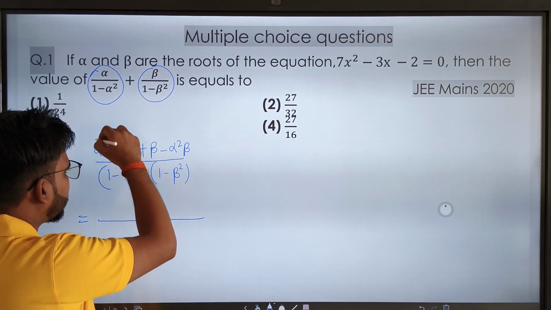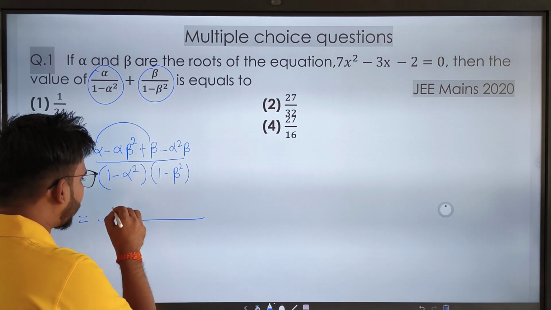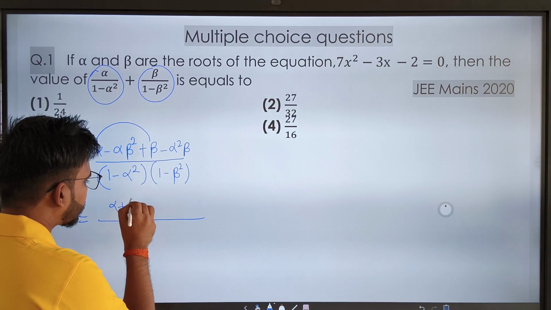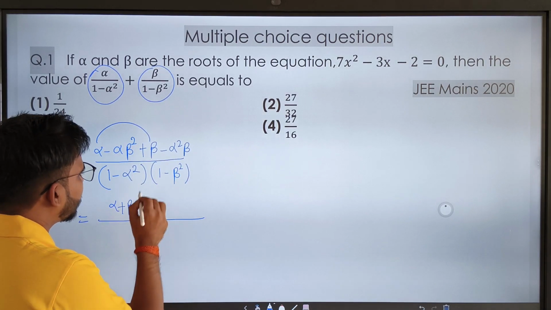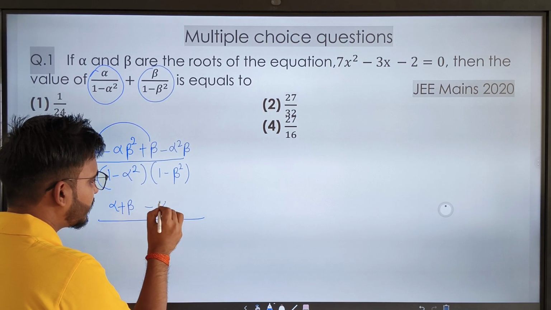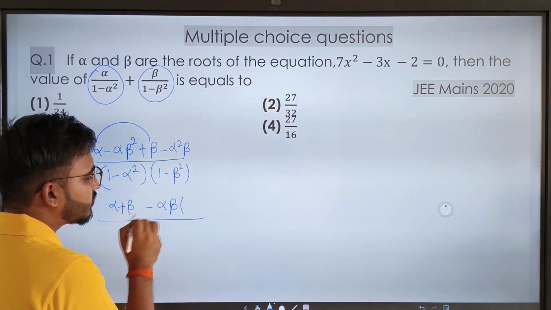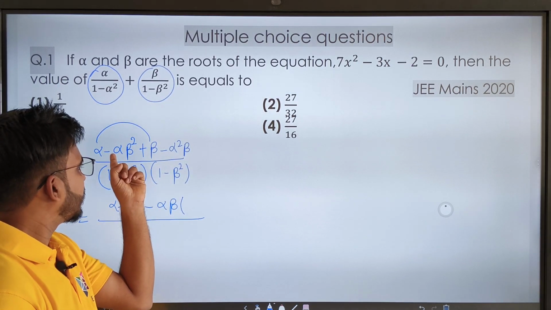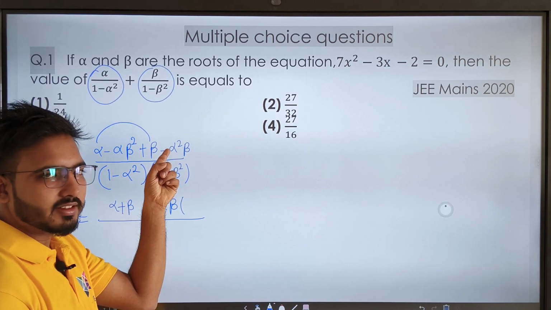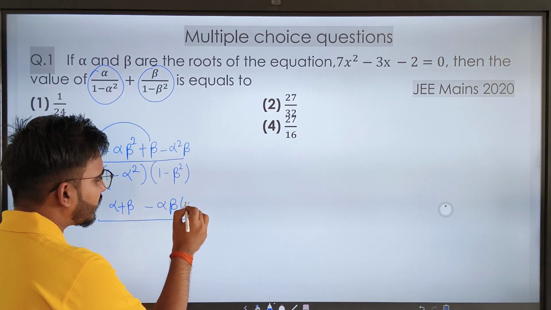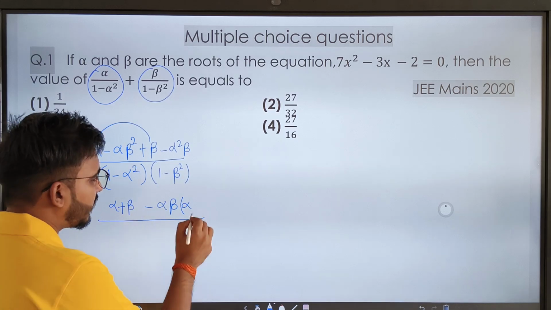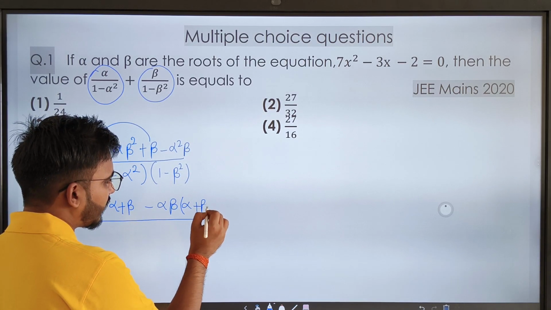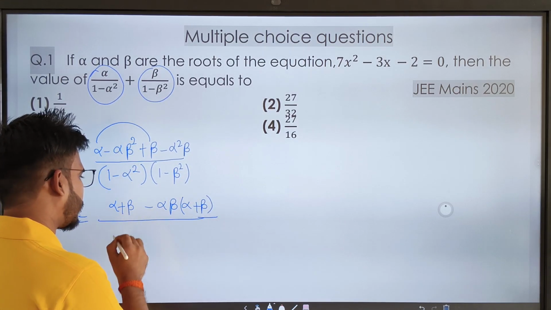If we combine these terms, I can write this as alpha plus beta, and then in both something is common. That common thing is minus alpha beta. If I take minus alpha beta common, here we'll get alpha and here we'll get beta, and since I have taken minus common, they are going to be addition. Okay,